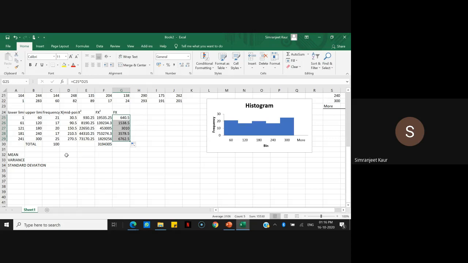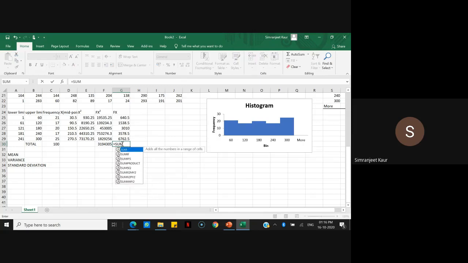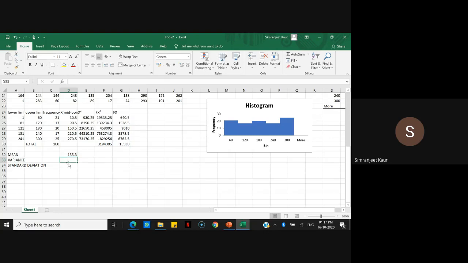Yeah. So now let's come to our mean calculation. For this, I'll take a sum of this, pressing escape again, equals to sum of all these values. Yeah, so we are done here now. Finally, we can calculate the mean. So this divided by the frequency here. So this is our mean.